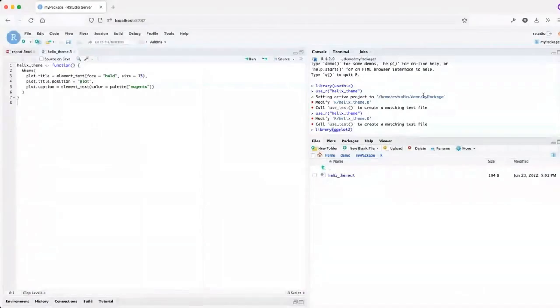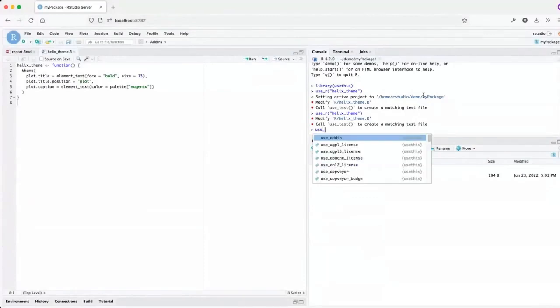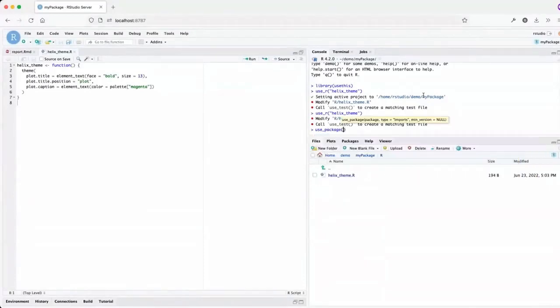But inside of a package, there's a slightly different way of keeping track of the dependencies of your package. And again, use this can help us with that. So you can call use_package, and I'll say that I need to use the ggplot2 package.